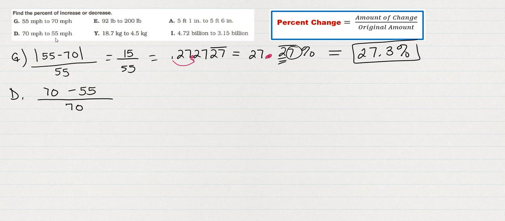Now when I do question D, 70 miles an hour to 55 miles an hour. Oh wait, is that the same? No, it's not. It's not the same because our denominator is our starting point. So the denominator is going to be 70. And when I do 70 minus 55, I still get the 15. But when I divide by 70, I get